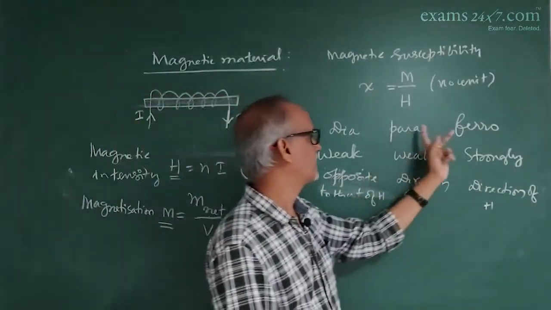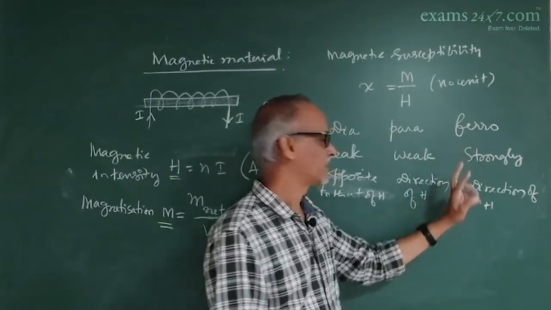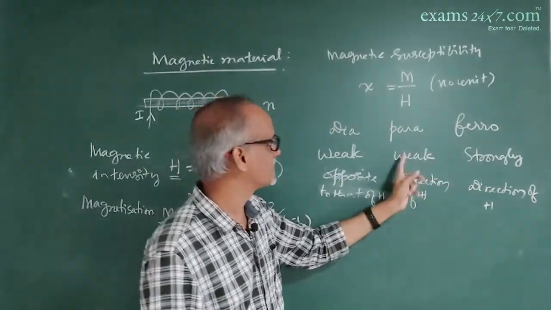The difference between para and ferromagnetic substances is that the direction of magnetization is the same, but one is weakly magnetized, the